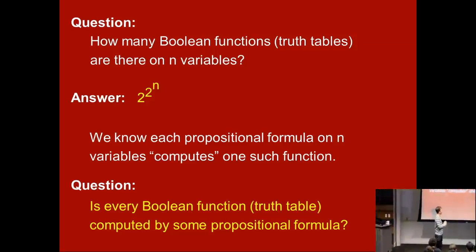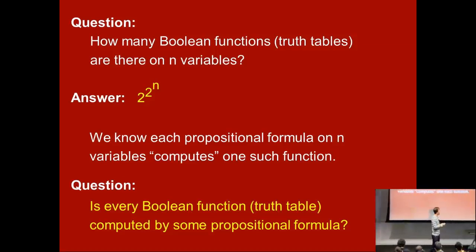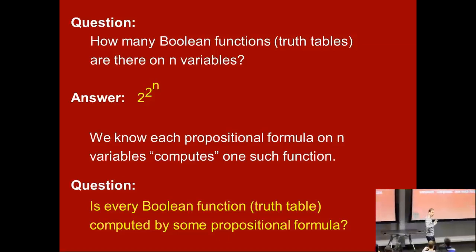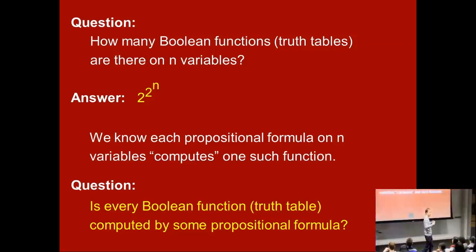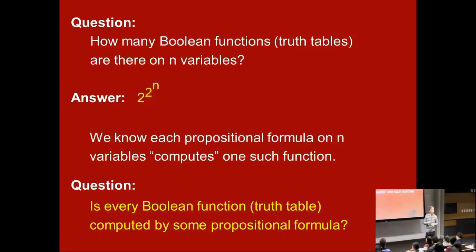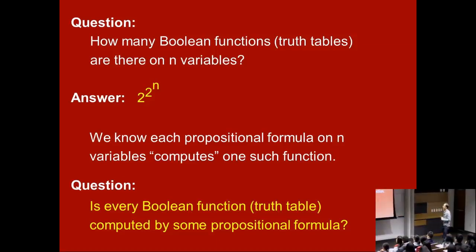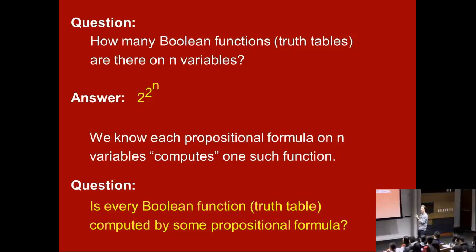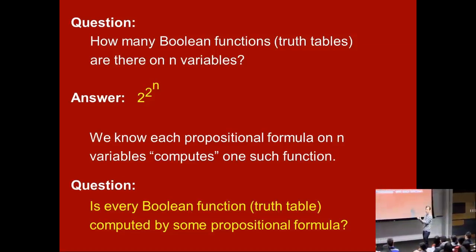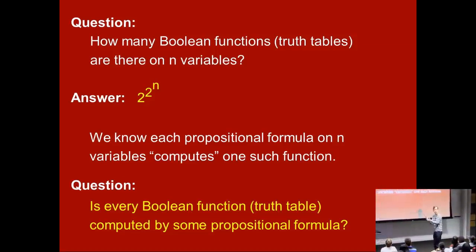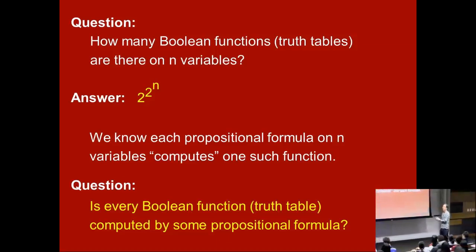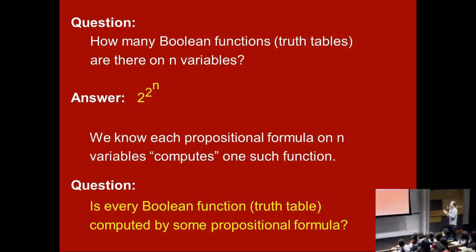Okay, so we know that every propositional formula on n variables has a truth table. And you can think from a computation point of view that this formula computes a Boolean function, or computes a truth table, one of these 2 to the 2 to the n truth tables. So actually we're seeing, in some sense, a little model of computation. It takes in input bits, and a formula spits out one output bit. Just like Anil was talking about, there are many different things that you can think of as doing computation.